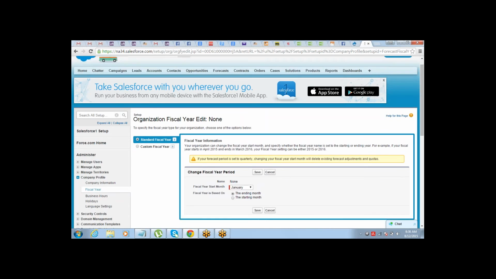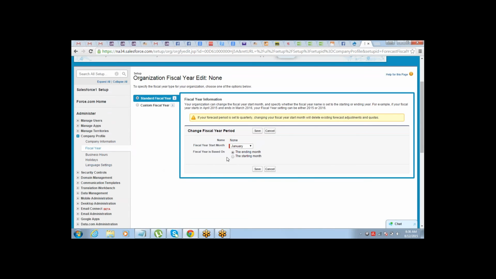So it's pretty simple. You just need to check which month your fiscal year starts from. Usually, if it starts from April, just say April. If it starts in January, say January. There are two options of fiscal year there. One is standard, one is custom. Standard means 4 quarters, 3 months per quarter. That's the most common fiscal year that we are aware of, which has 4 quarters, and each quarter has 3 months, right?